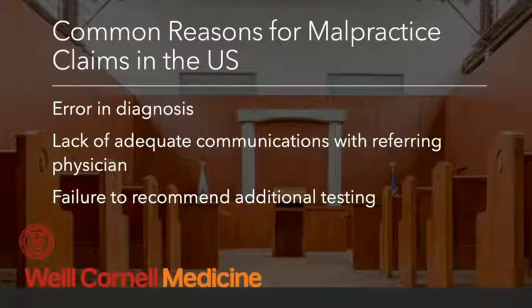Number two is the lack of adequate communications with the referring physician. And again, our radiology report is the basis of our communication with the referring physician about the findings on our examination. But there are other ways that we can communicate, and we'll talk a little bit about some of those. Number three, interestingly, failure to recommend additional testing. And that is obviously an important element in radiology reports,